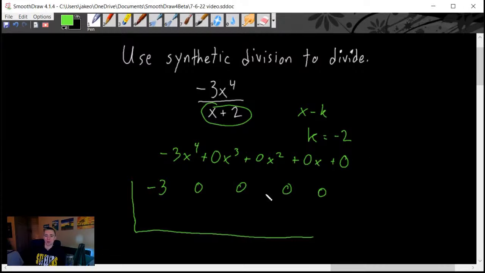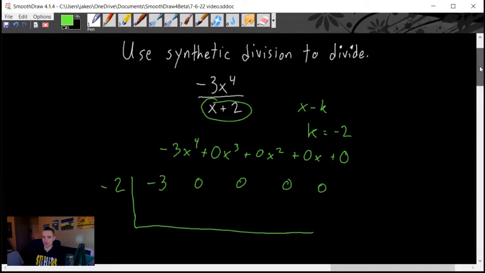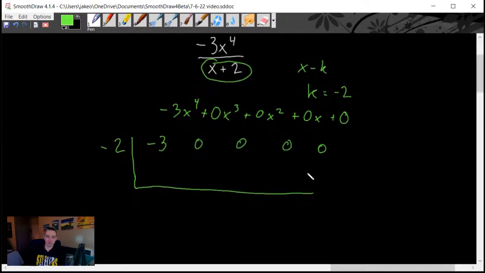Okay, so once we've done that, we can write our k over here. So k is negative 2. That's not the best looking 2. There we go, a little better. And then we can start going through the synthetic division process. So we're going to always start by just carrying